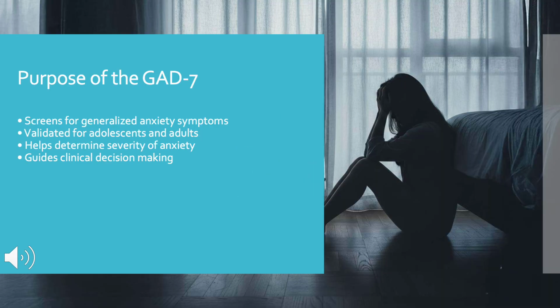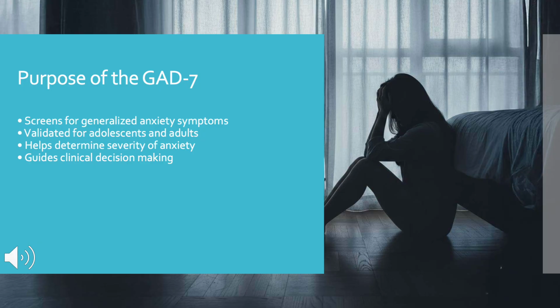The GAD-7 is a brief standardized screening tool used to identify symptoms of generalized anxiety disorder. It consists of 7 questions that assess how frequently anxiety symptoms have occurred during the previous 2 weeks. Although originally developed for adults, it has been validated in adolescents and is widely used in pediatric primary care and mental health settings. The tool helps clinicians determine the severity of anxiety symptoms and whether further evaluation or intervention may